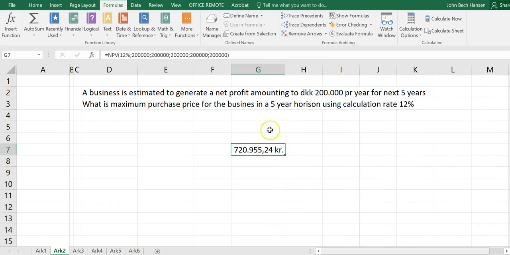I know now that this business in net present value will give me around 721,000 kroner. And that's the maximum purchase price I will pay for this business using the Excel formula of calculating the net present